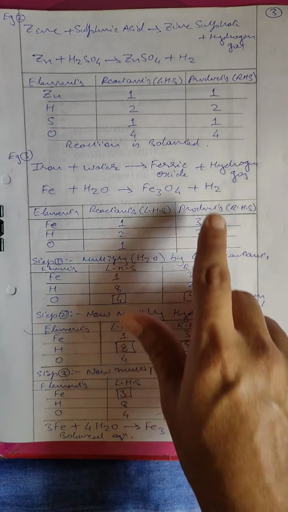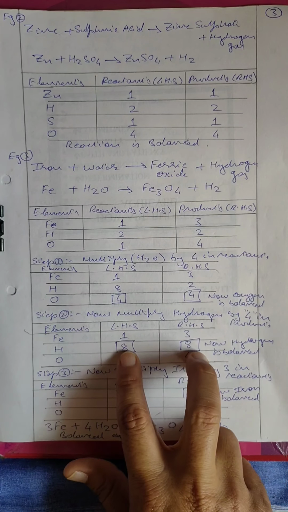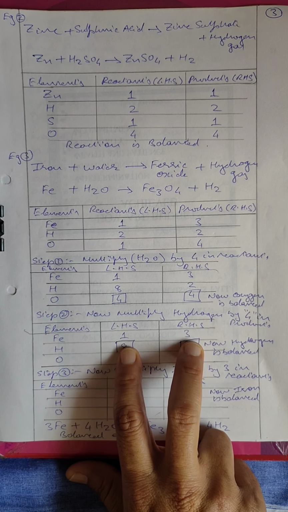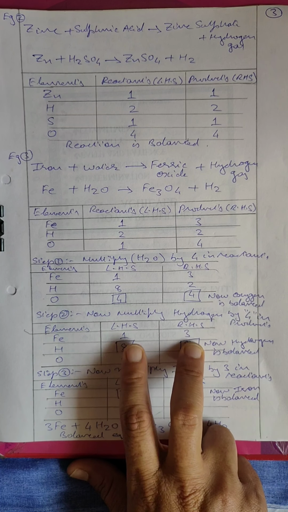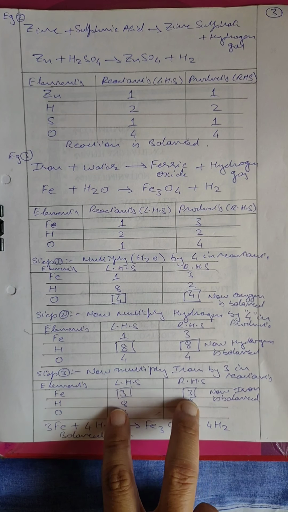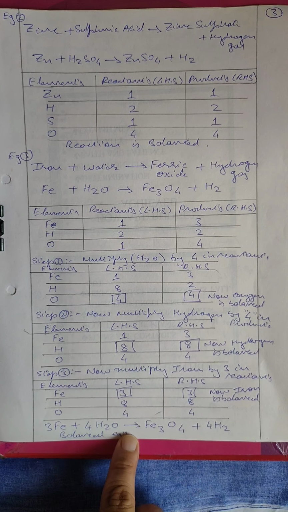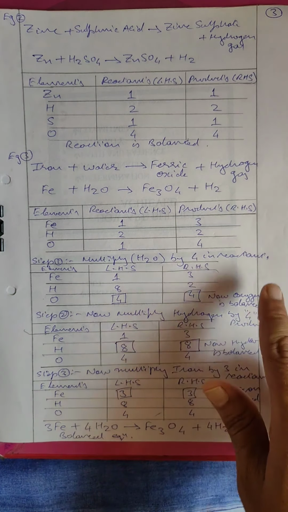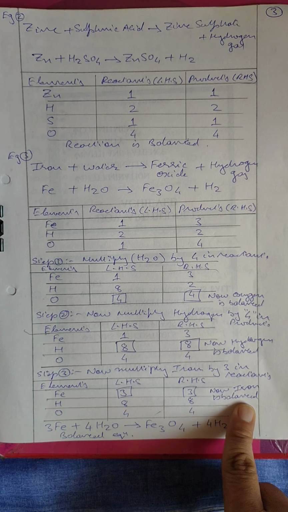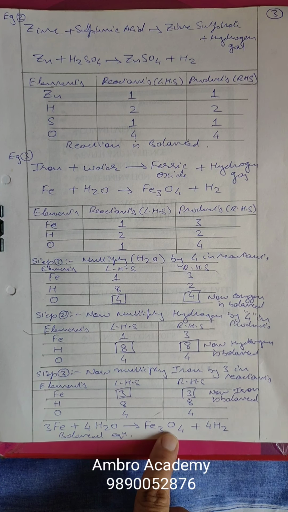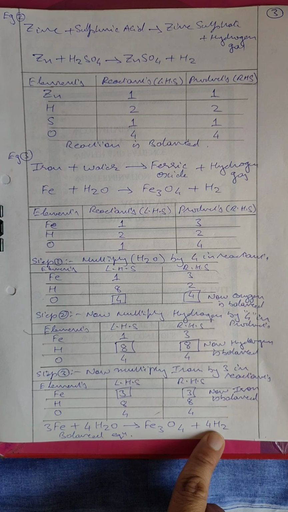So when we multiply, only one hydrogen is there. So now hydrogen becomes balanced. Oxygen is already balanced, but iron is unbalanced. So in the last step we need to multiply iron on LHS by 3. Now multiply iron by 3. So 3 3 get balanced. So this is how first we have balanced oxygen, then we have balanced hydrogen, and in the last step we have balanced iron. So we have said 3Fe plus 4H2O will give Fe3O4 plus 4H2. This is how we are doing the balancing.